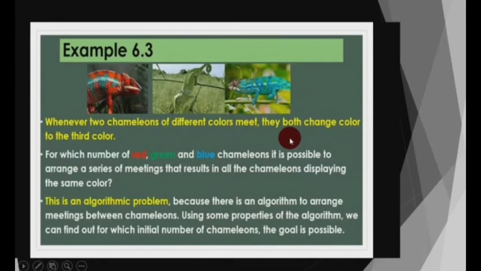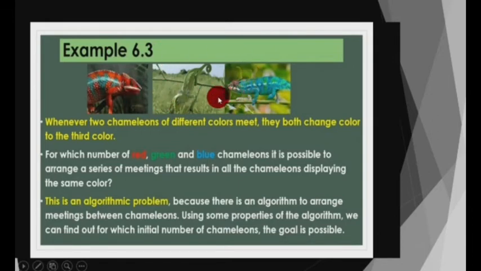Last class we discussed an algorithmic problem, the farmer, goat, grass and wolf problem. Now we can see one more algorithmic problem. In this problem there are three chameleons of different colors: a red chameleon, a green chameleon and a blue chameleon. When two chameleons of opposite colors meet together, they change into